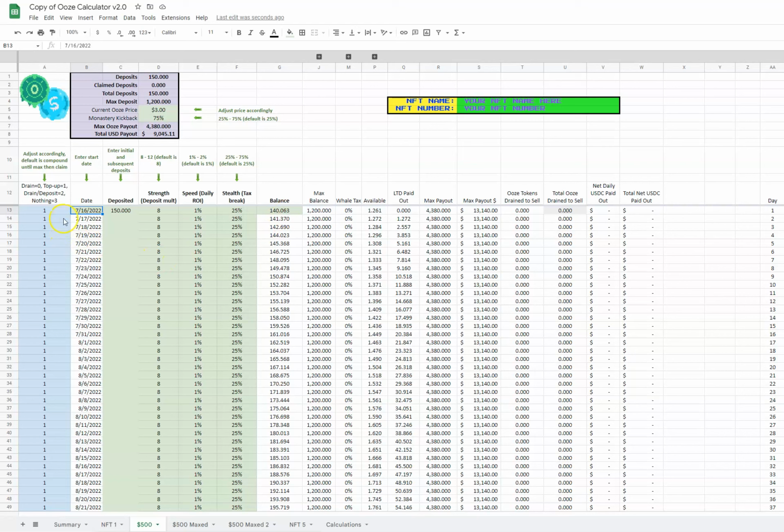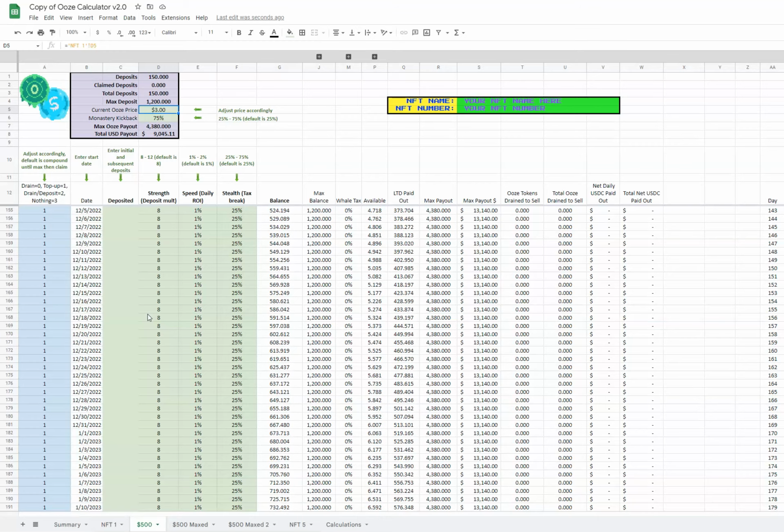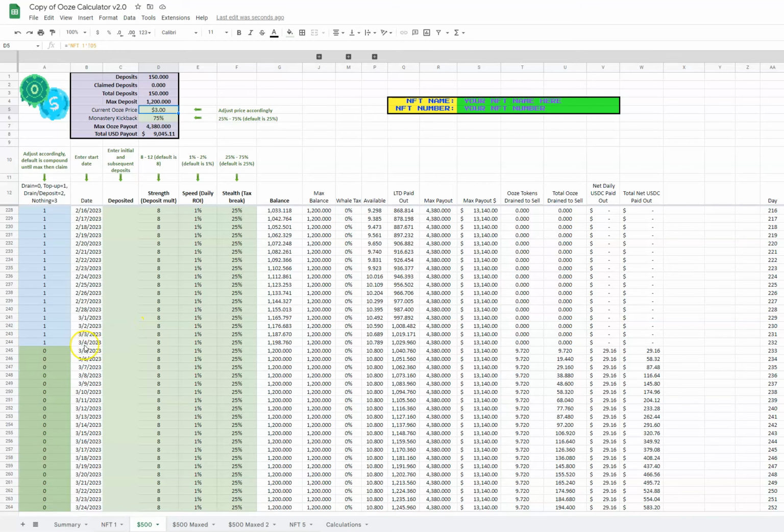And if all we do is compound, these ones over here on the left is compound. If all we do is compound until we've reached our max balance, so it's going to be 150 times 8, we can earn about $9,000. Again, this is based on a $3 price of OOZE. I just like to use the $3. I like to underestimate a little bit when I'm doing this. So we would compound all the way until beginning of March, when we would hit our max balance, 8 times our initial deposit,